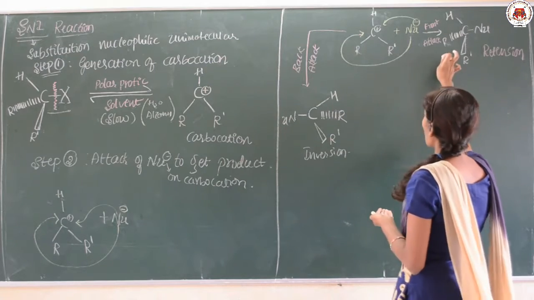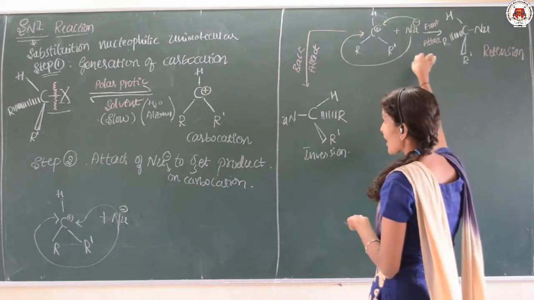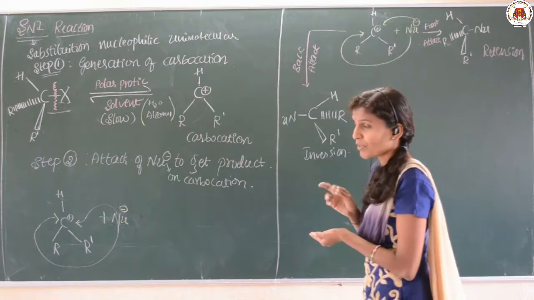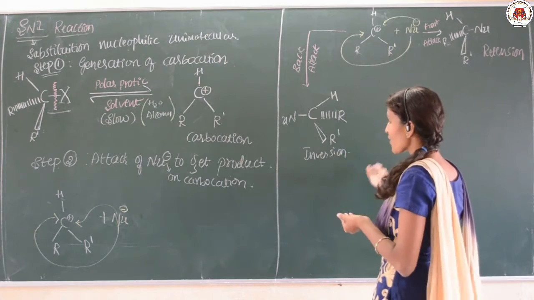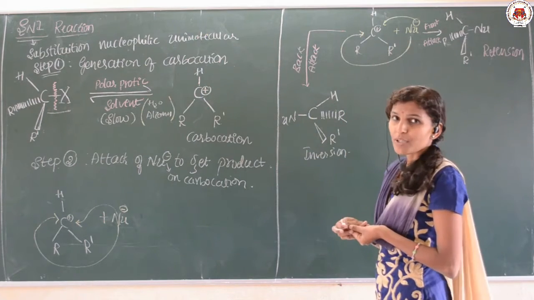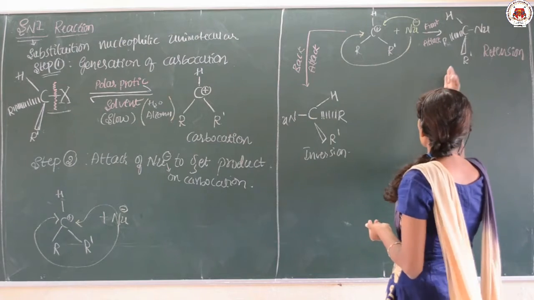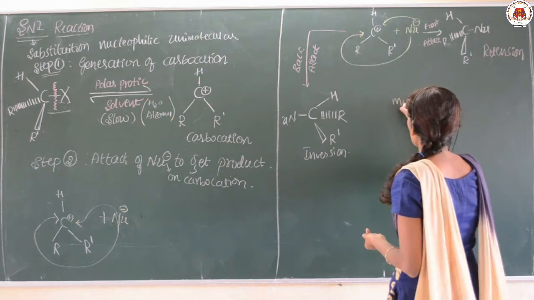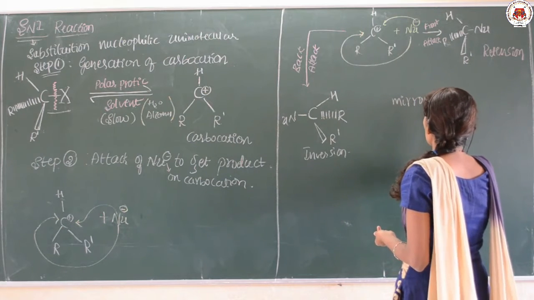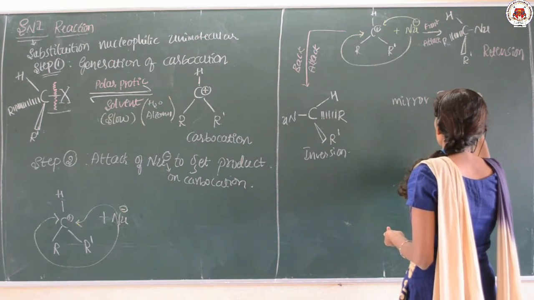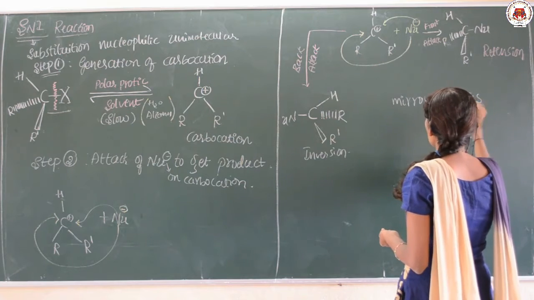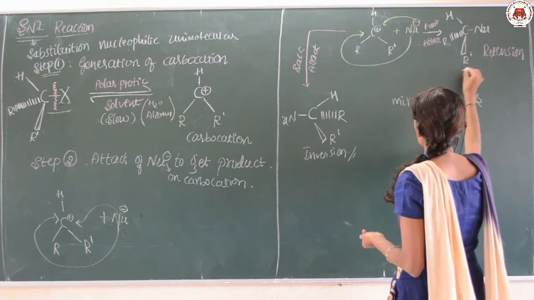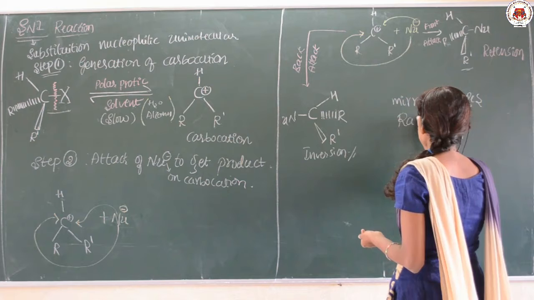So, one of the compounds is a retention product, which retained the structure as in the previous one, and one more product is inverted compared with the previous. These two are the mirror images, and together they are called a racemic mixture.